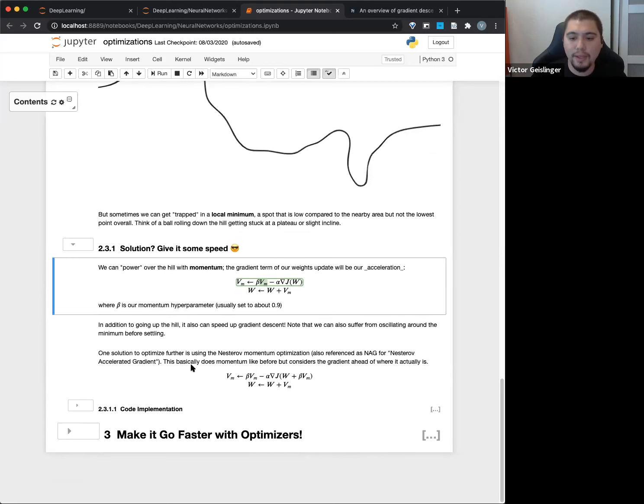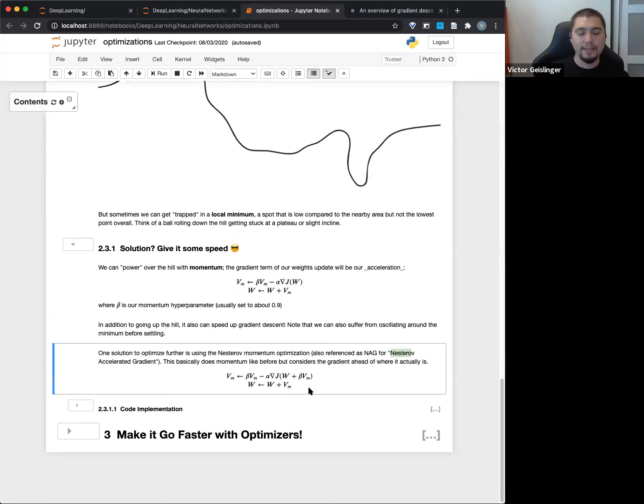One is saying, okay, we can look at where we are currently and ask what direction we were going prior to this, and just use that. There's another way, which is the Nesterov momentum. And this is kind of cool because it looks at the gradient where it would have been, or where it will be, and asks what my direction would be if I was over there, and then uses that direction.